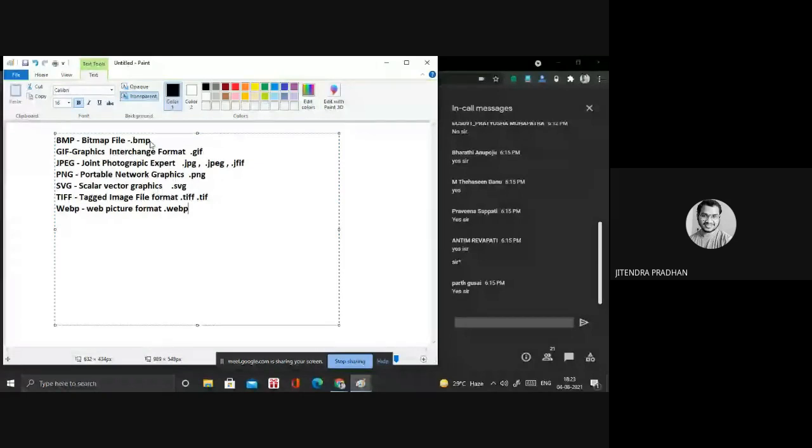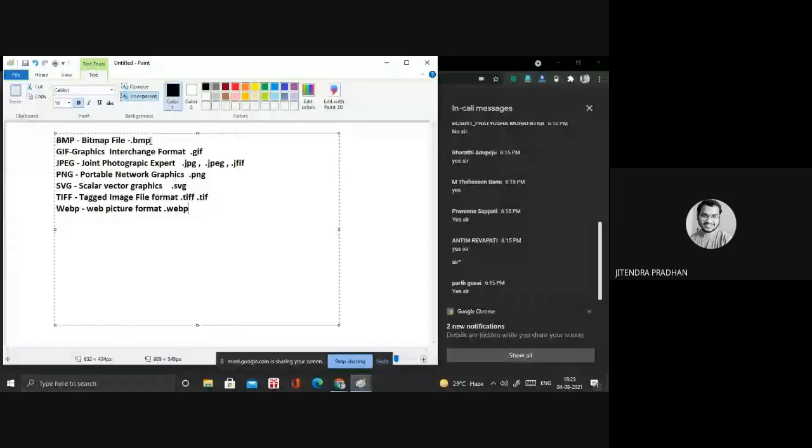But we have many differences among BMP, GIF, JPG, PNG, SVG, TIFF, WebP. All these have different features. If I go through all of them, it will take more time. That's why I'm not going very deep into that. So if you want to know better, search on Google, you will get all this information.